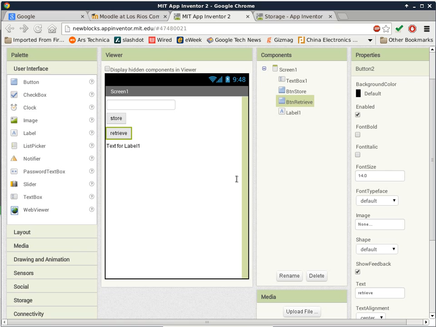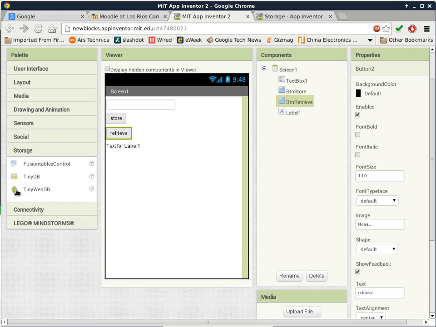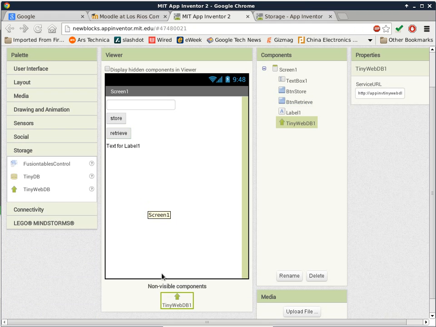Here we go. Okay. So now we have a general template already done. It's time to go to storage and drag and drop a TinyWebDB component into the whole thing. And you can see that as soon as you drop the TinyWebDB1 component, it has a service URL that is a default value already. And by default, I'm pretty sure some of you cannot read it because it's tiny in terms of font. It's app inventor